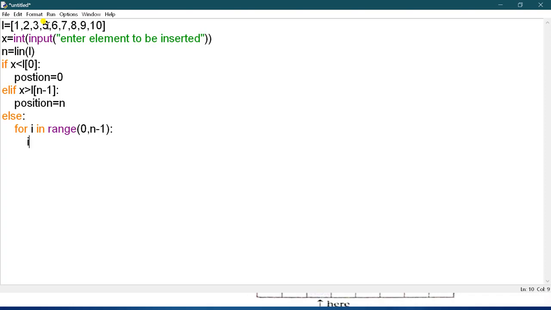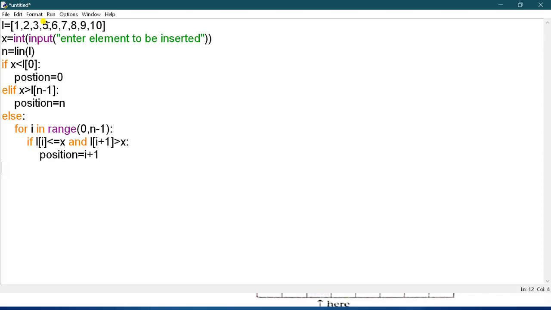So you have to write if L of i is less than or equal to x and L of i plus 1 is greater than x. Both conditions should be true, only then the position index will get increased.